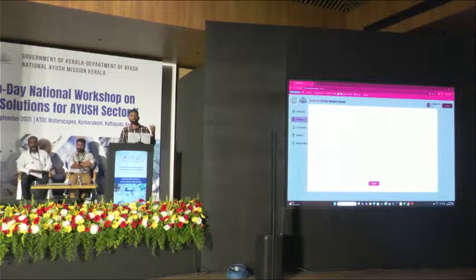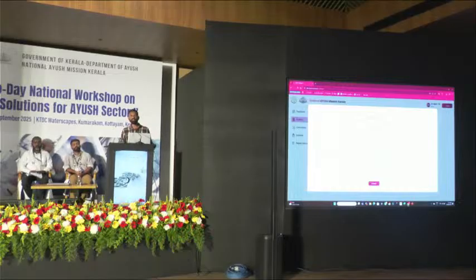Here, if it is a dispensary or a basic hospital, there are two chances. If the patient is coming directly and someone in charge of the OP is registering the patient, the in-charge can just do the registration itself. And if a medical officer alone is available in the dispensary and he is managing the whole system, then the medical officer can directly register the presenting complaint of the patient.